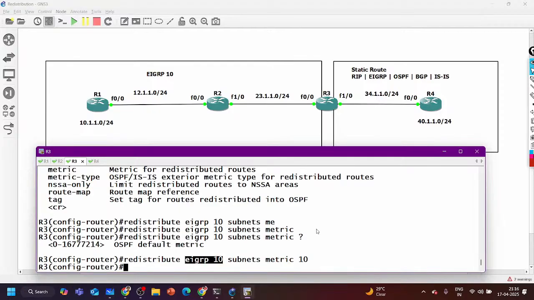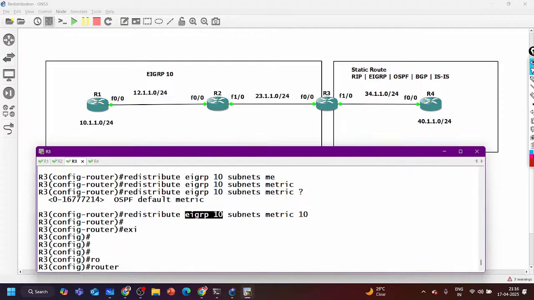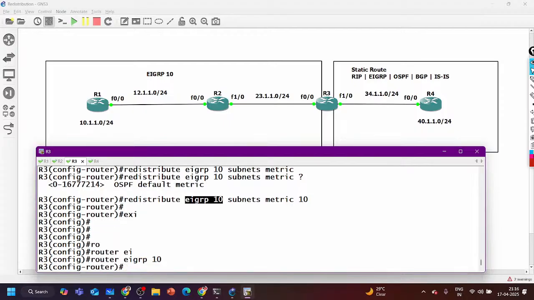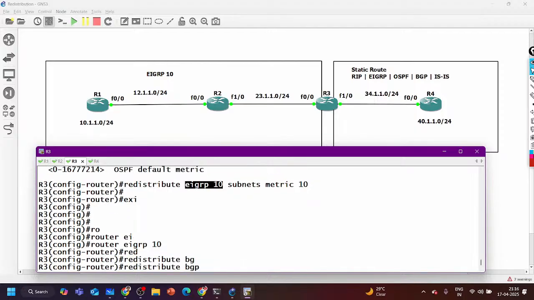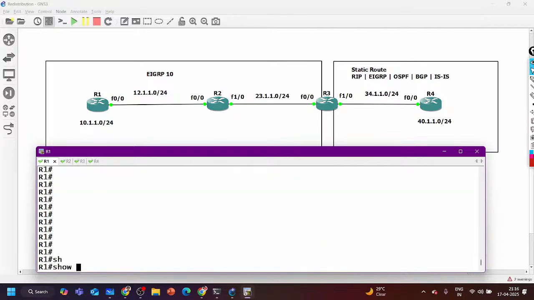Now if the OSPF interface is down here, first of all, let me redistribute BGP now. Router EIGRP AS number 10, and this time I am saying redistribute BGP AS number 100. So, show IP route EIGRP.